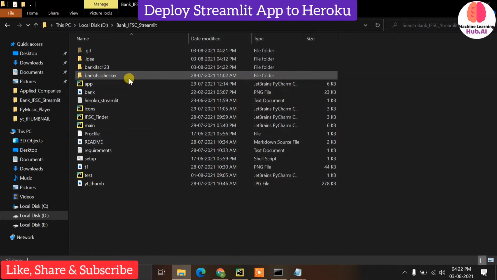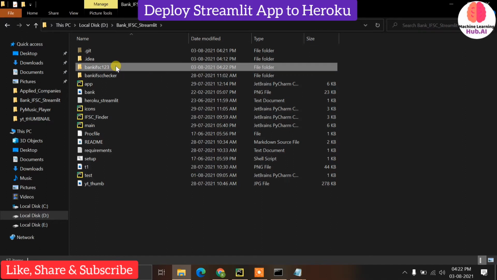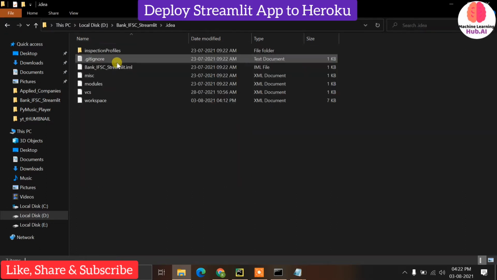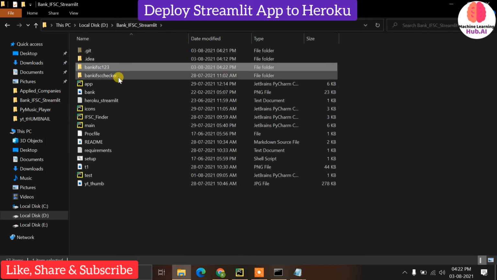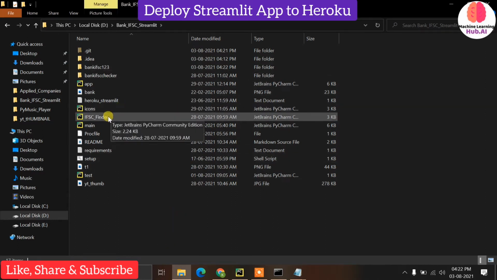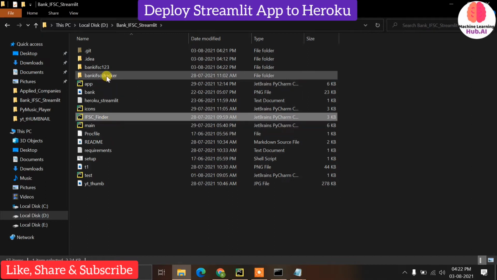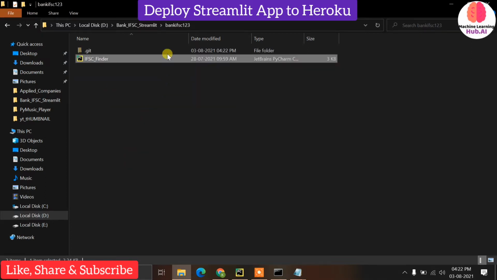The name we have given is bank-ifsc-123, and you can see this folder is created. Now I need to upload only the bank-ifsc-123 folder data. I don't want to upload all this data, right? So I will just copy this code into bank-ifsc-123.